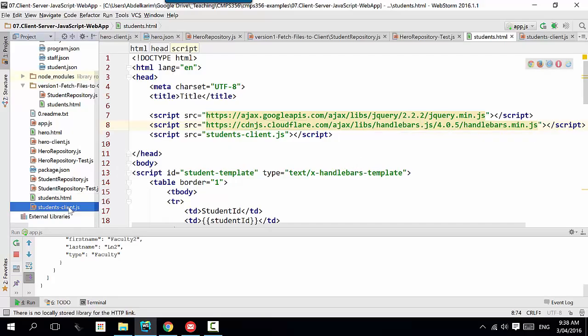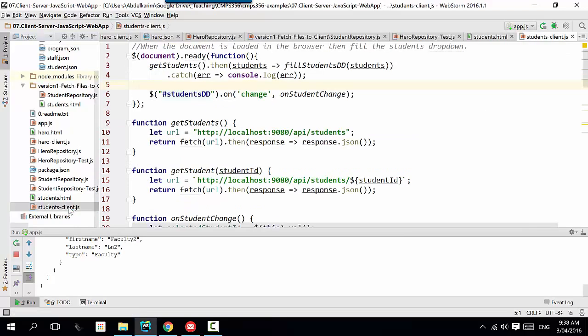And then this helps me listen to events, and it helps me change the page dynamically. Of course, I can do all of this using plain JavaScript. But if there is a library to help me, why not? And it's common. It's not like some little boy wrote it and nobody knows about it. This is very widely used. It's worthwhile learning and using. There is no risk of using it. It's not like it will disappear very shortly. So it's there to stay for a long time. It has been there for a long time. So in here,